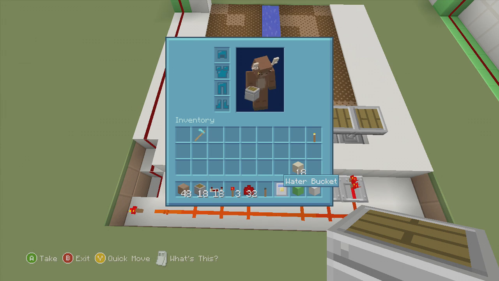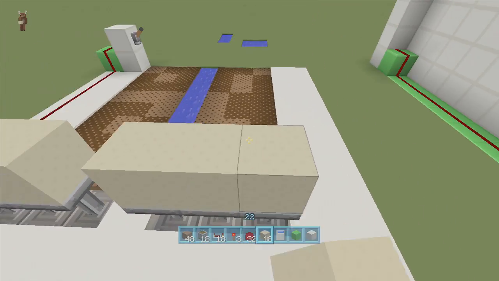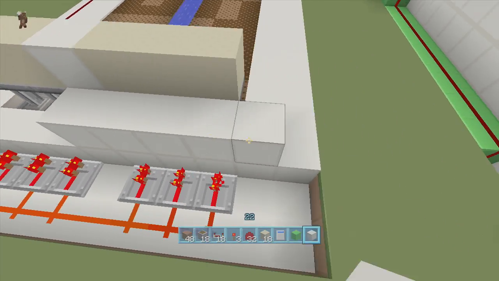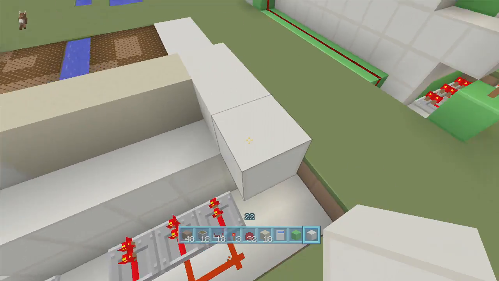So let me take out my sand. We don't need our lever anymore. So take out my sand block, and we're going to put 3 pieces of sand all along this. 1, 2, 3, 1, 2, 3 like that. And then just bring your blocks up like this, and then pretty much just bring your blocks all the way around the sand like this, and we're going to be putting water back here. So just bring it all the way around,